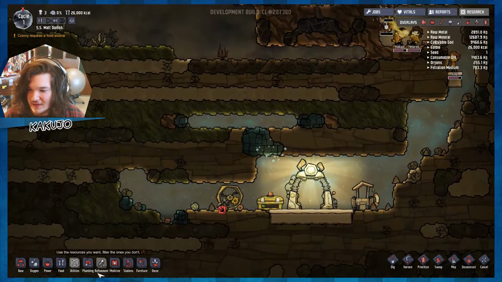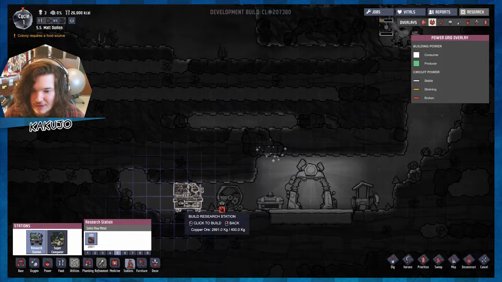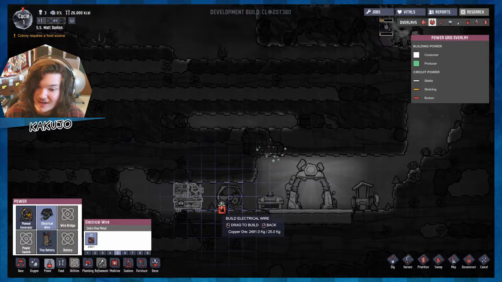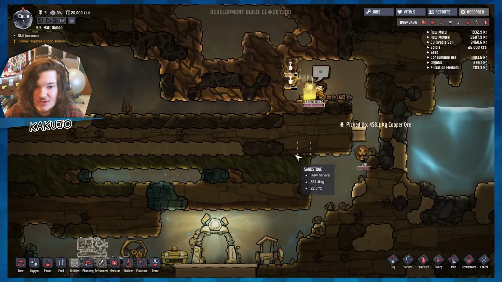You don't need to harvest any more than that. We can already go ahead and make our research station. We're going to need to power it, though, which is fine. We've already got this thing built. We'll go over to power, take an electrical wire to connect the two things. Just as soon as they're done...